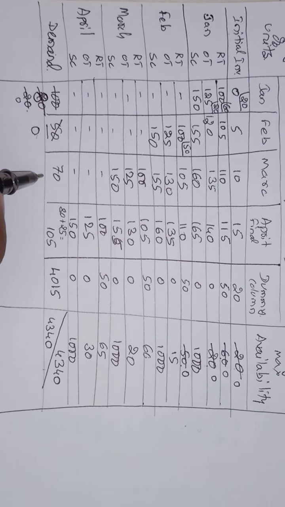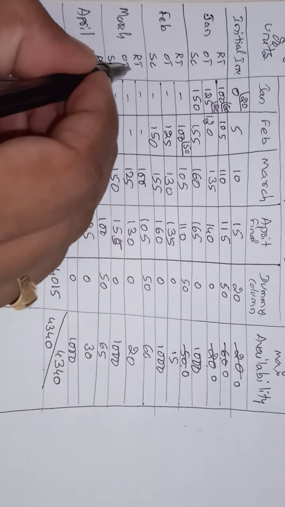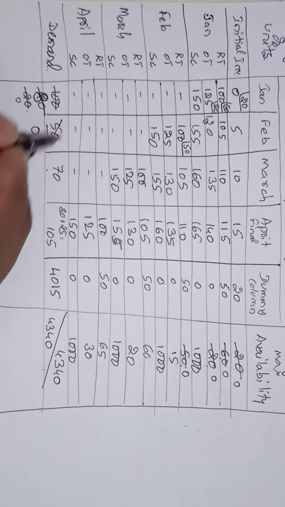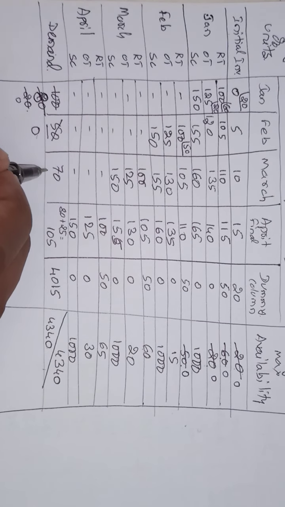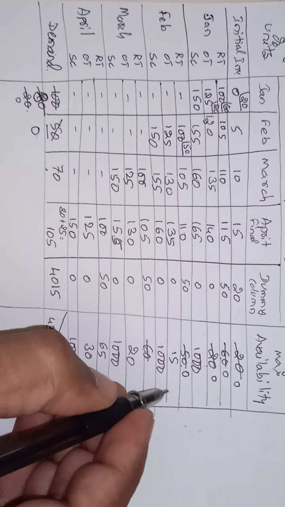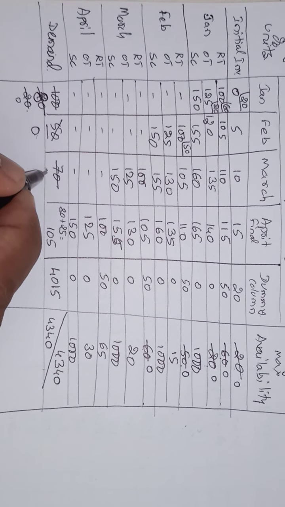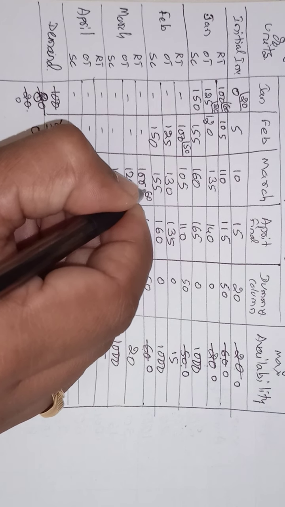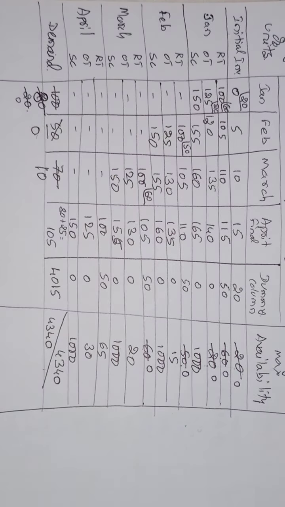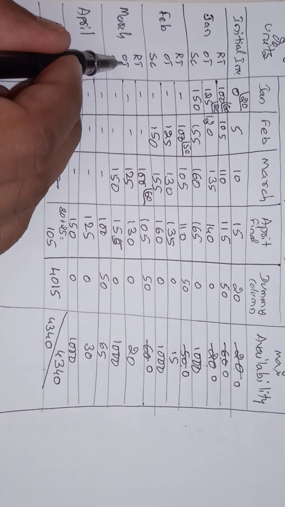Next we'll go to March, right? What is the demand? 70 demand is there. From regular time production, how much quantity are they producing? 60, but we need 70. So use that 60. How much remaining? 10. How much have you used? That 60 has to be allocated in the 100 where it has the regular time cost. The remaining 10 quantity has to be met with the overtime production.